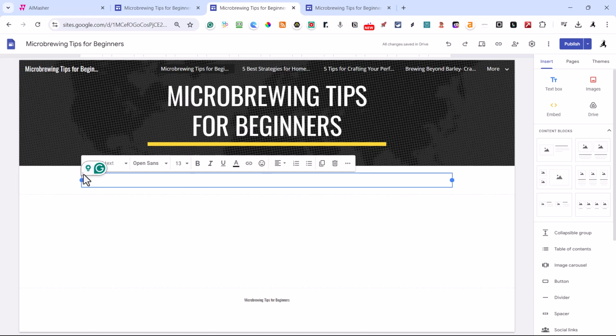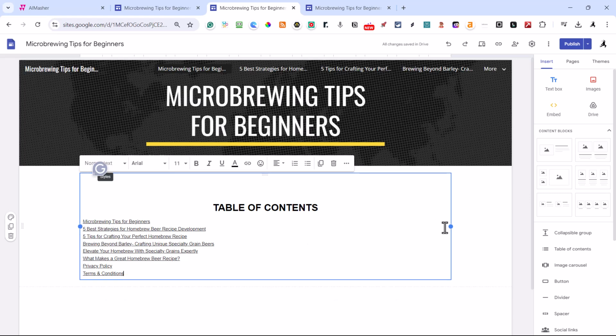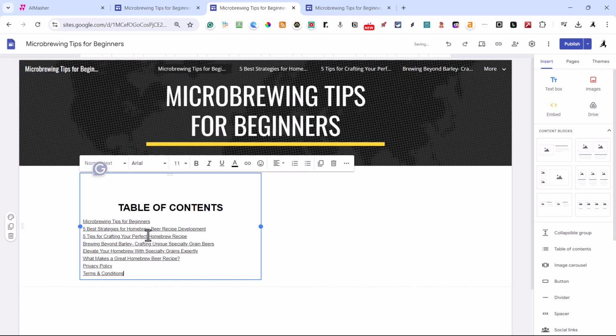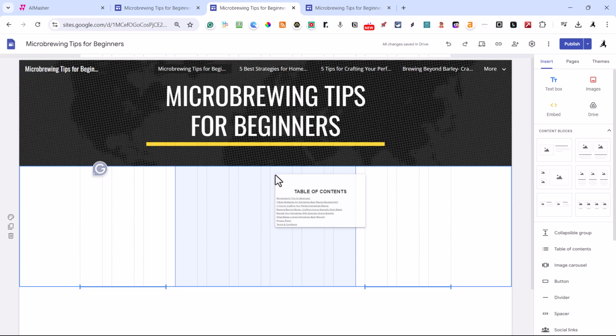Let's get rid of the Grammarly for right now. And I'm going to hit Control V. So I just pasted the table of contents in there. Looks great. And here's what you can do. So I've got it centered, and it does put that large format up there. So let's do this. I'm going to go up to the drag bar, see right up here, and I'm going to drag it in the center. And if you'll notice that there's some bars down at the very bottom of this bounding box that centers it.